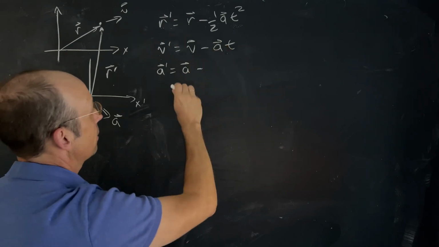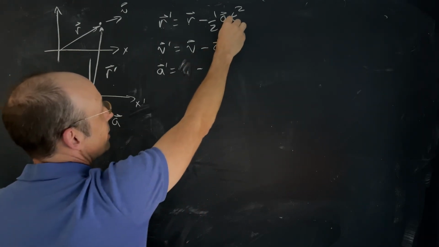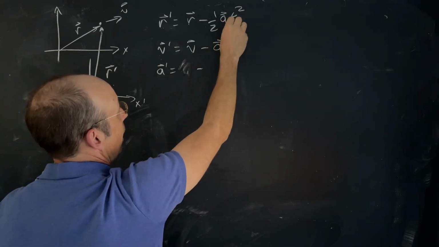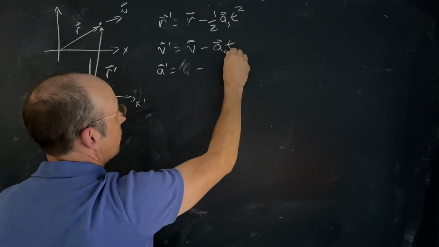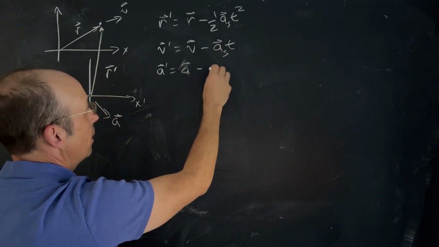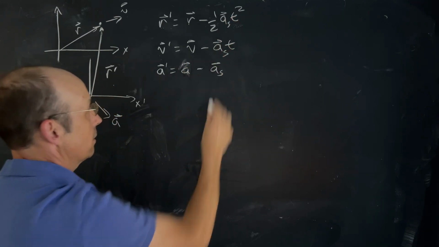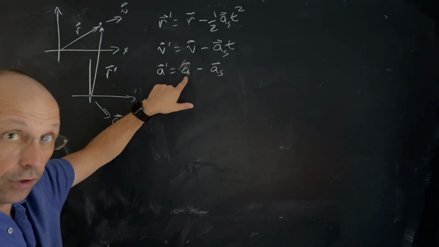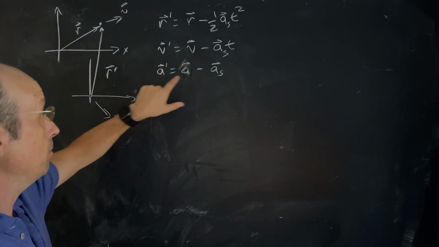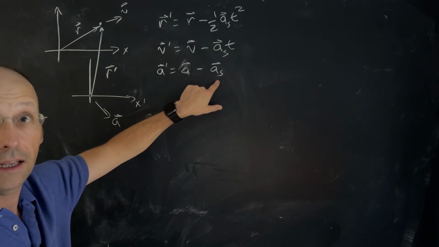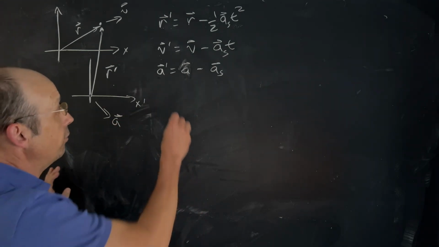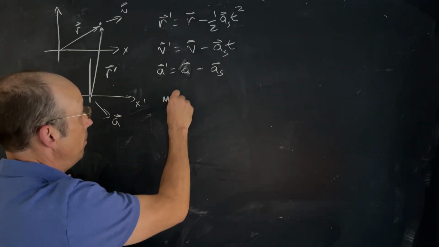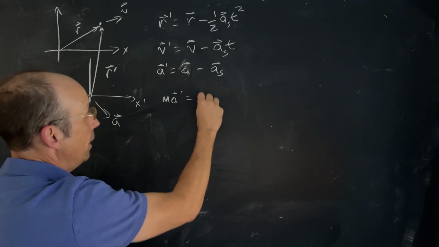Because that's a. So let's call this a_s for the frame. So it's going to be a minus a_s. Now, I know that a is the acceleration based on real forces. This is the acceleration based on the real force plus that acceleration of the frame. So if I use this in Newton's second law, I can say ma prime equals ma